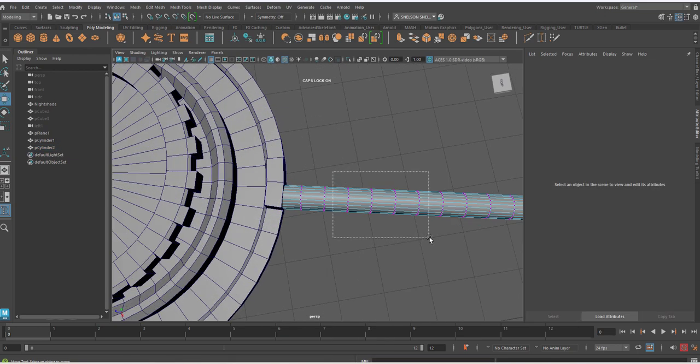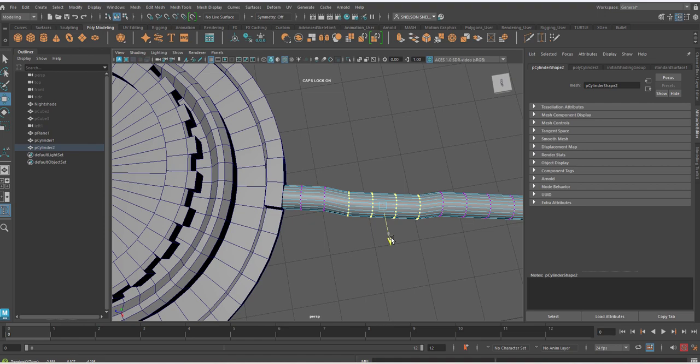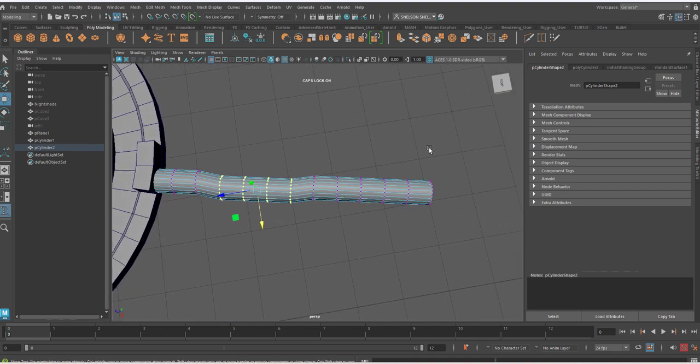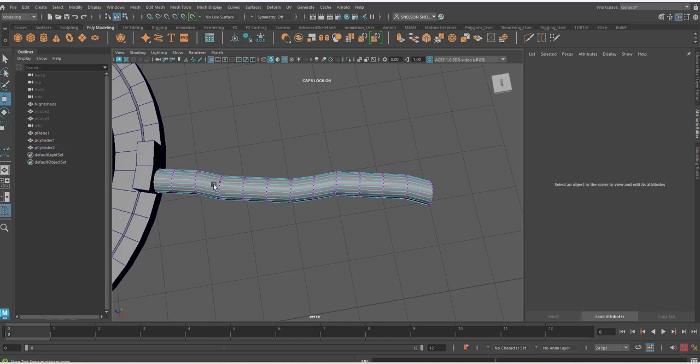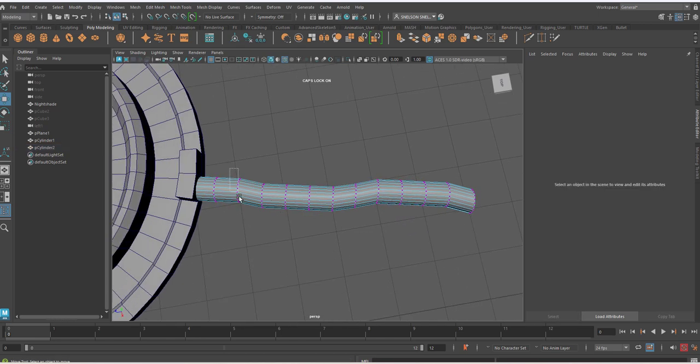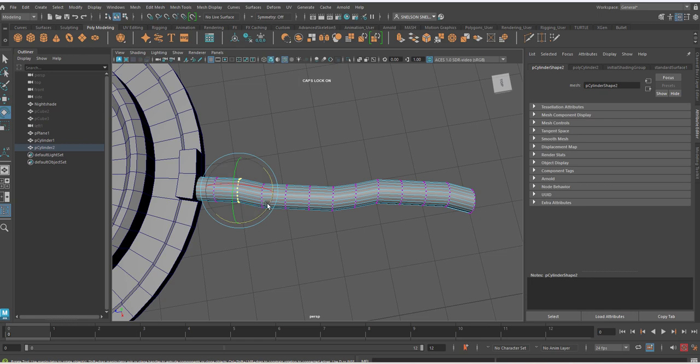And then I like doing stuff like this so that it kind of feels like a fabric, like a rubber pipe or something. And like I said, there's a much better way of doing this,